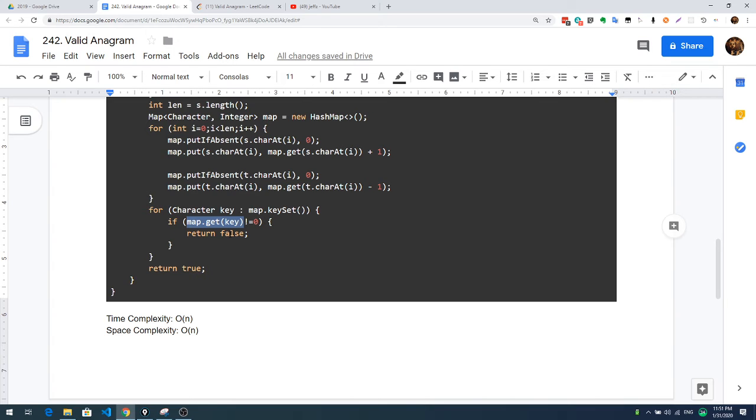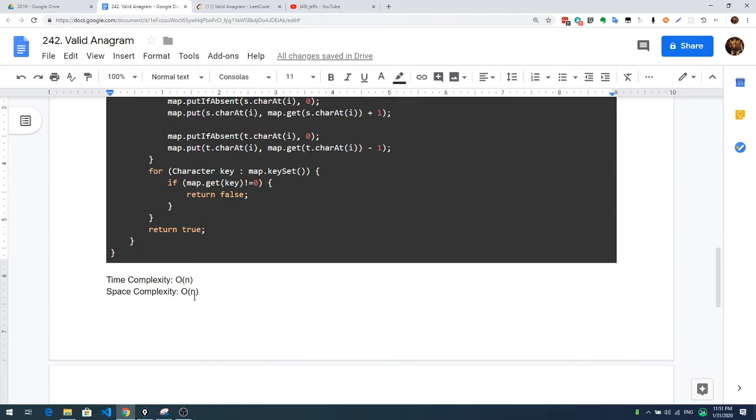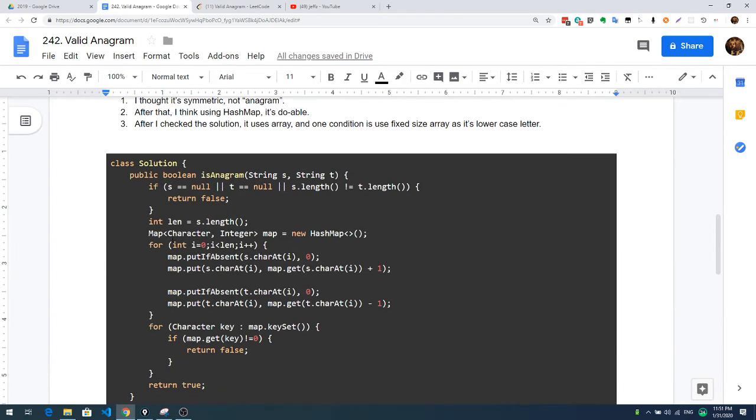If the value is not 0, it means they are not anagrams, meaning that either T has some characters S doesn't have, or S has some characters T doesn't have. Then we return false. And after we do this check, if everything is 0, then we return true. So this is the algorithm, and in this case the time complexity of this algorithm is O(n), because we define